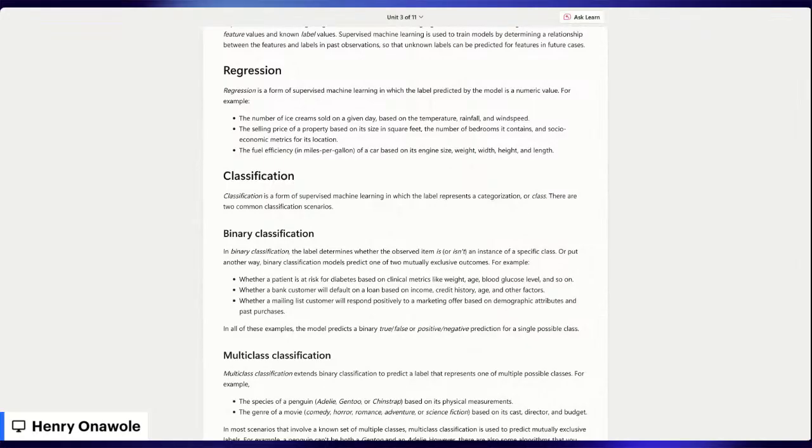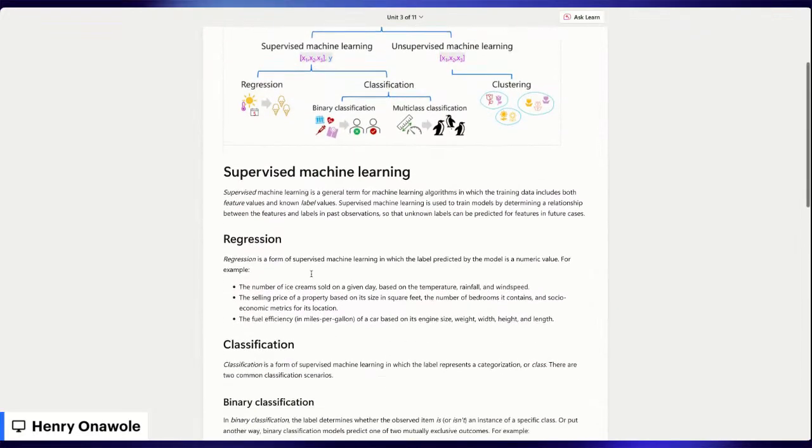Now, if you observe, regression is under supervised machine learning. Supervised machine learning definitely focuses on data that are labeled. You can see now the label data, the number of ice creams. That means the data you want to use have been labeled, they are structured data. Supervised machine learning most of the time focuses on structured, labeled data. Okay, let's move to